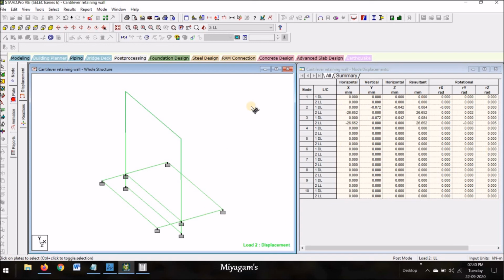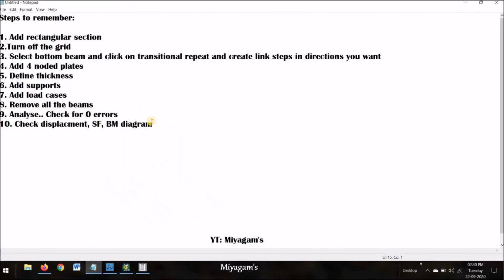Now I want you to see this. I have just created this, that is the steps to remember for this cantilever retaining wall. So kindly just write it down or just take a snapshot so that you can remember what are the steps to go through, and this is the only monolithical steps that we are going through, so it is easy to practice it out, and after 1 or 2 practice it will be